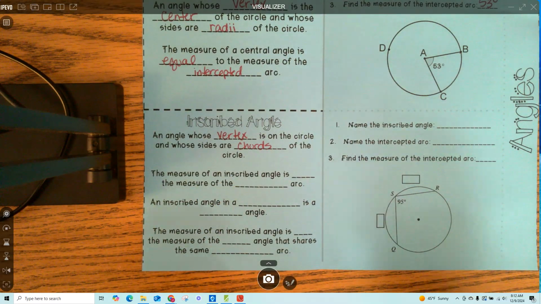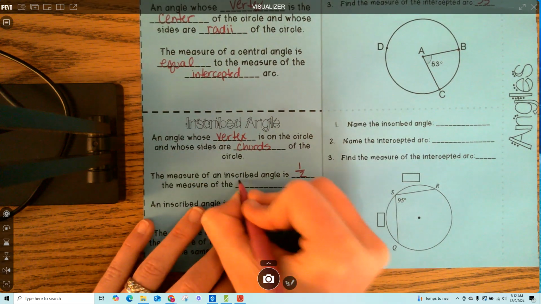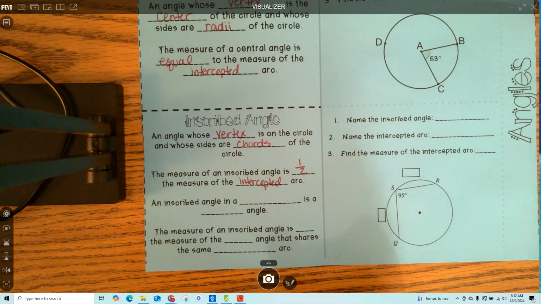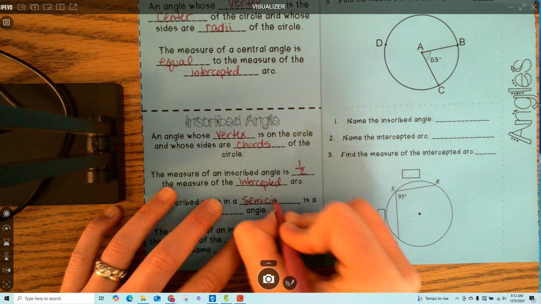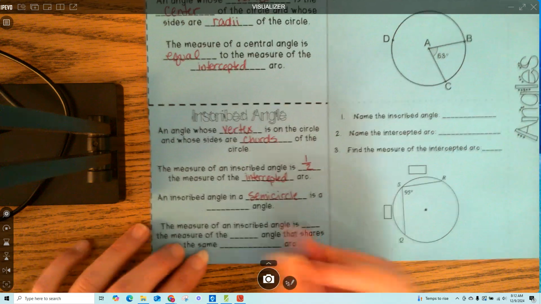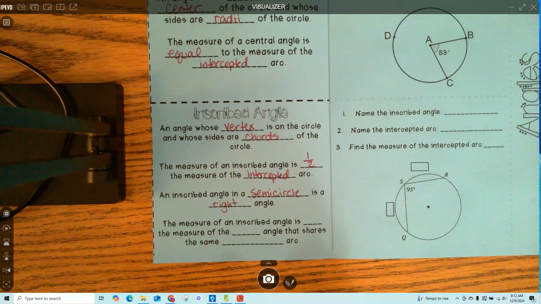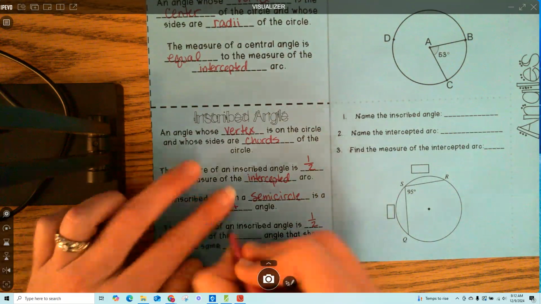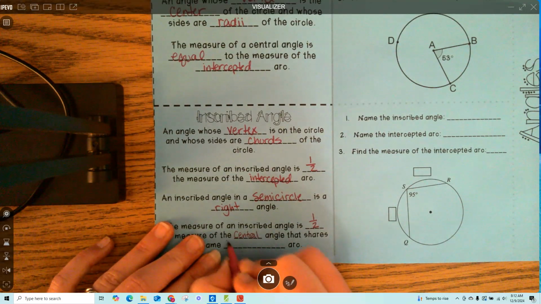So the measure of an inscribed angle is 1/2 the measure of the intercepted arc. An inscribed angle in a semicircle, so that's half a circle, is a right angle. So if we do this in half a circle, it's going to be a right angle every time. The measure of an inscribed angle is half the measure of the central angle that shares the same